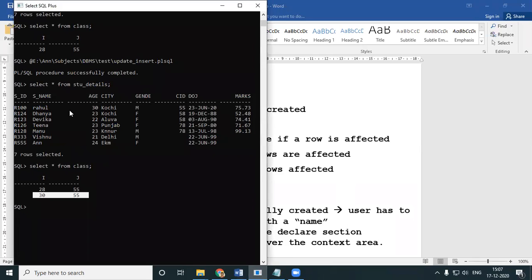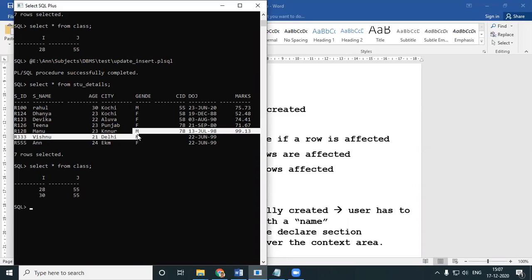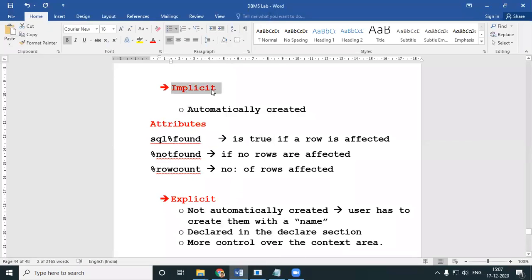You'll be able to update all that, but the selecting, fetching, you will have a problem because there are 3 males, which means 3 rows have to come out. If you need to pick out 3 rows, your implicit query will give you an error message. You cannot fetch multiple rows.